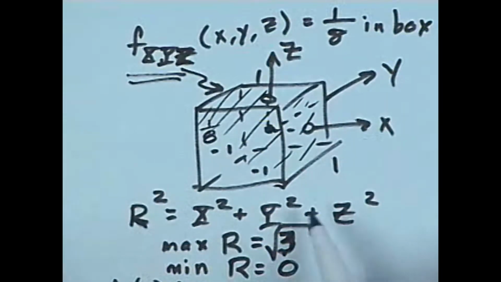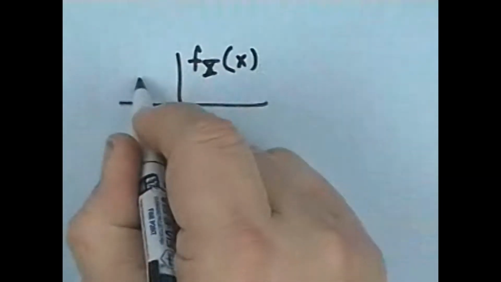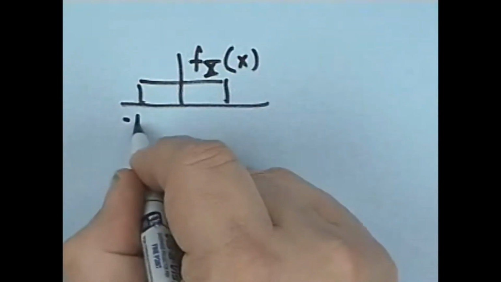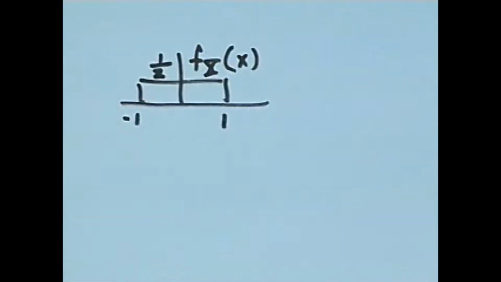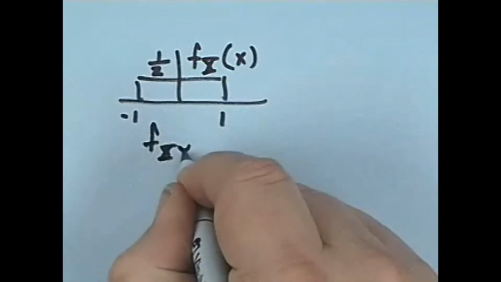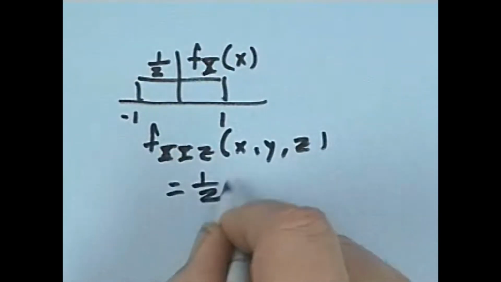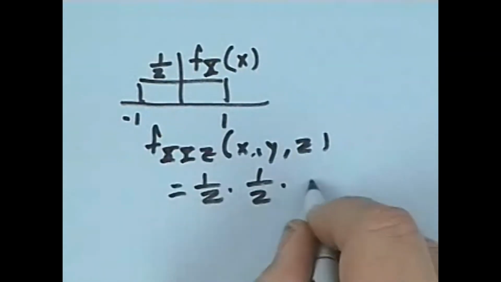Now, another way to do that, if that intuition fails you, is to go back and recognize that these are independent random variables. And if we have f sub x of x, it looks like this, right? It has a value of 1/2 over the interval from -1 to 1, correct? And how do we get the 3-dimensional density function? We do that smearing thing, except in 2 dimensions. We smear it in x, smear it in y, and smear it in z. So we would actually get the density function by multiplying 1/2 for x, 1/2 for the y component, and 1/2 for the z component.